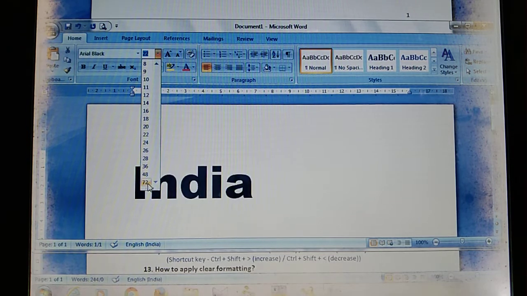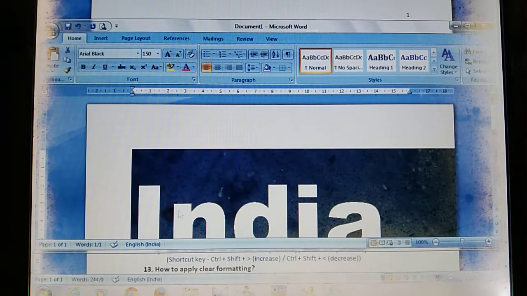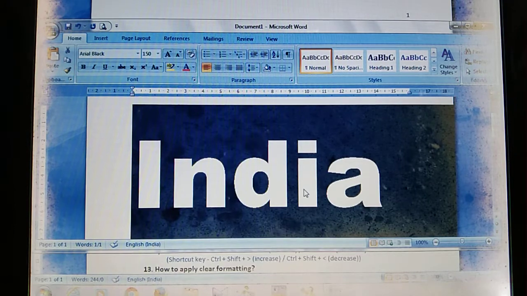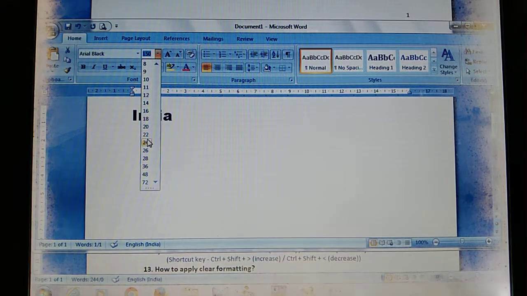But if you want to apply more than 72, simply click on here and press the backspace key and type the desired font size. Suppose I want to apply 150 and press the enter key. Automatically, look at here, the font style Arial black along with the size 150. Now I set back to the normal text, that is, I select here 26.